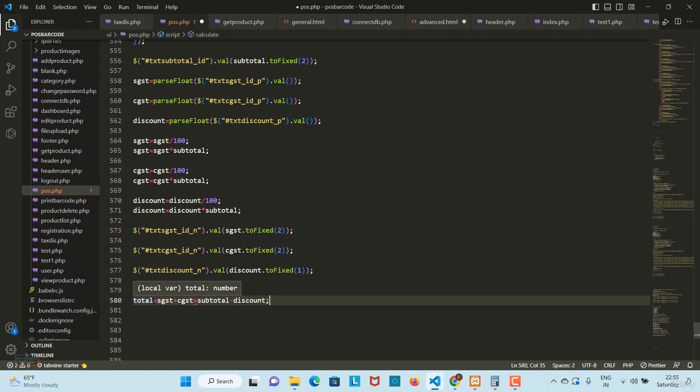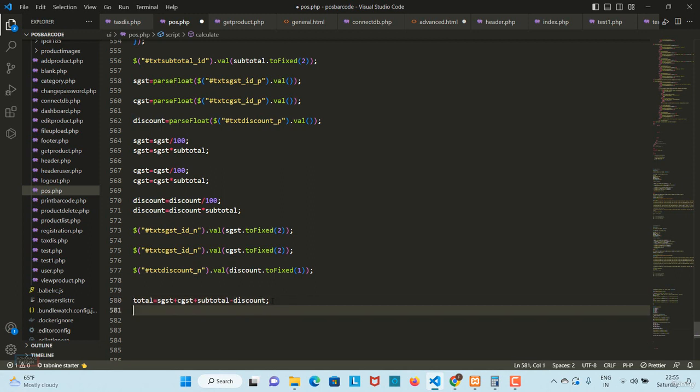Now in the total variable we get all the total value. I just add here SGST, CGST, and then plus subtotal and minus discount. Okay,